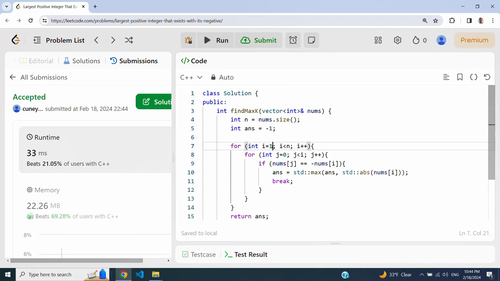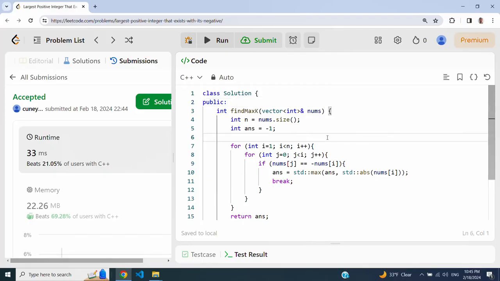What we are doing is for i is equal to 1, this iterates 1 time. When i is equal to 2, this iterates 2 times, in the worst case, of course. When i is equal to n, this iterates n minus 1 times. It's 1 plus 2 plus 3 up until n minus 1. That's order of n squared. But it doesn't use extra space. So this is an order n square algorithm that uses order 1 extra space.